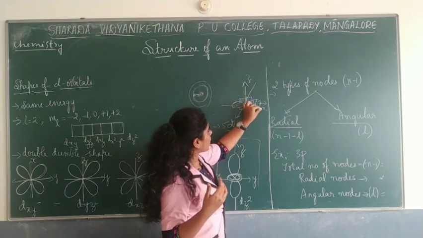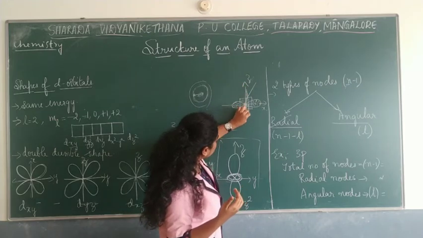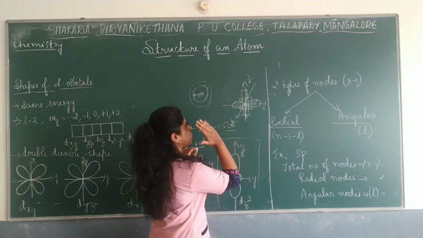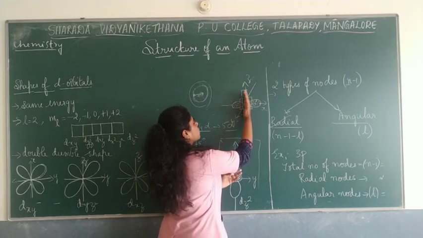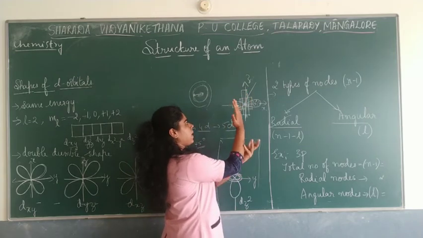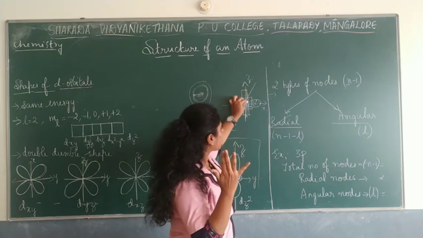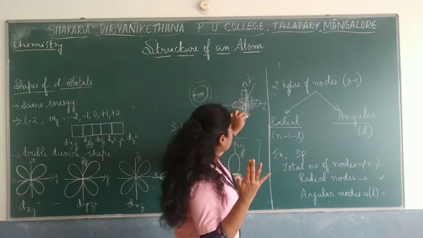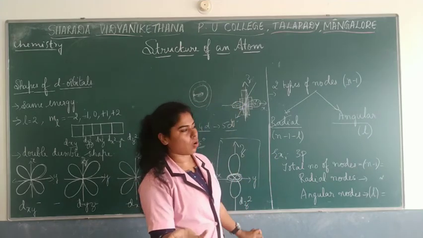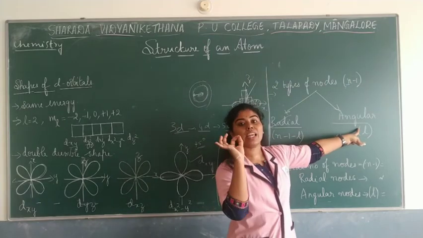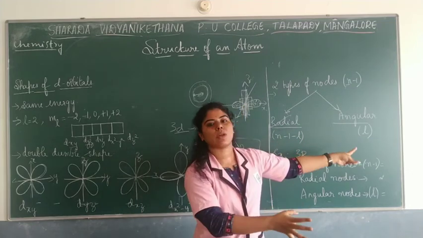Now, suppose you are talking about px orbital, here there is a plane. I can draw something like this. You have to imagine something like an axis which is cutting through these two lobes. Okay, so in the center you have the nucleus, and there is a plane which comes and cuts both of these lobes. So that is how you will remember the plane. So this plane representation of there being no chance of finding an electron is called the angular node, especially the planes. Okay, so this is what is about radial as well as angular nodes.